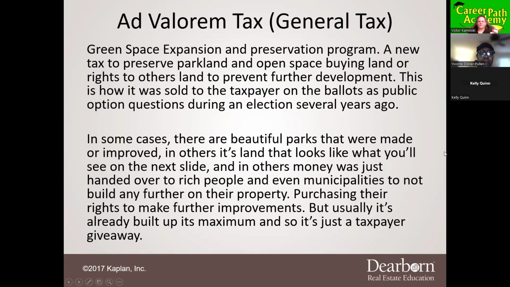Like this example here, a couple years back. Like, if you guys ever go in an election year, whether it's a local election or a presidential election, whatever the election is, primaries, a lot of times they'll put on the ballots these public option questions. You guys ever see those public option questions when you go to vote on the side? I'll tell you what, if you don't know all the intimate details about the issues that they're publishing there in those public option questions, always vote no. Okay. Because they could manipulate with the wording a bit, and they often do.